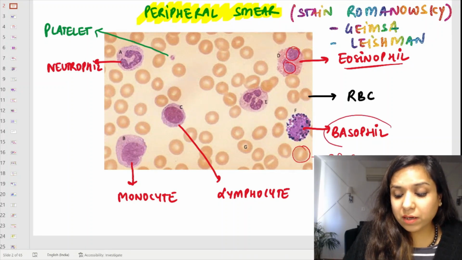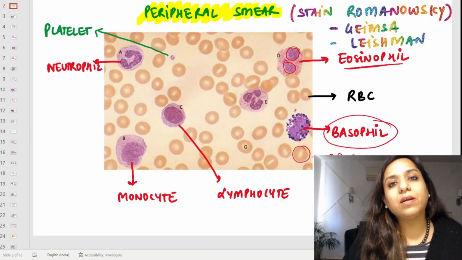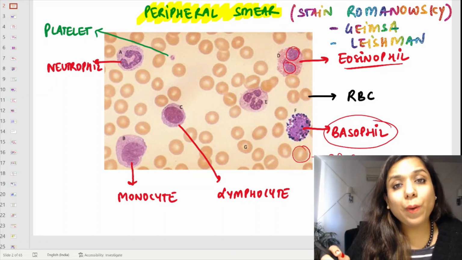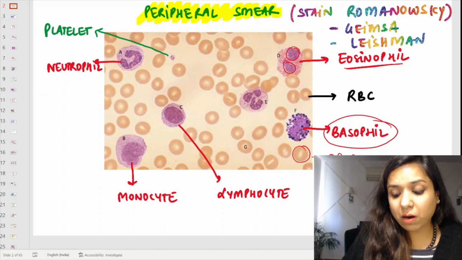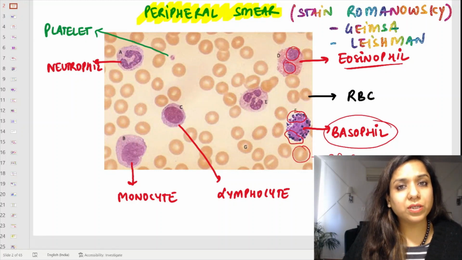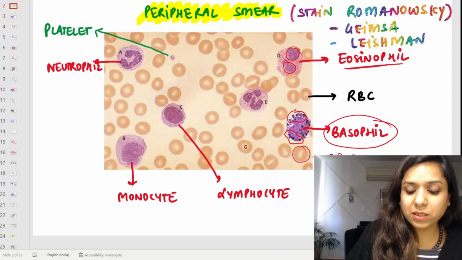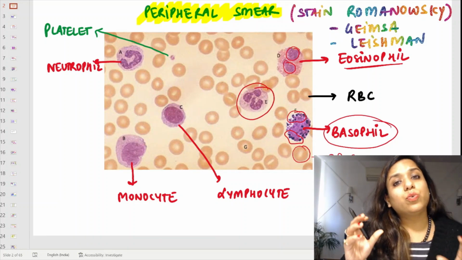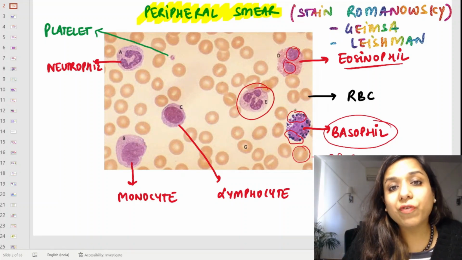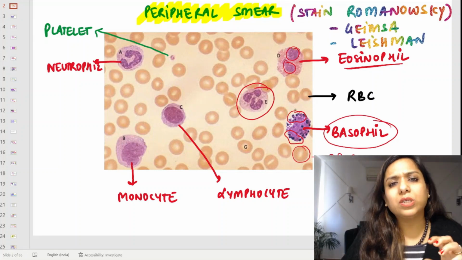Here, there is a basophil. How will you identify a basophil? You identify a basophil by the dark purplish granules. Can you people appreciate the dark purplish granules here? Right, so that is a basophil. Then students, this is a normal neutrophil which will be having approximately 3 to 5 lobes with the bluish purplish